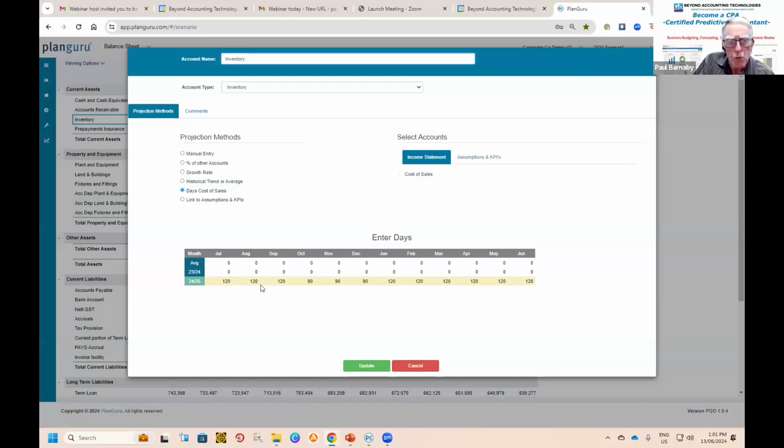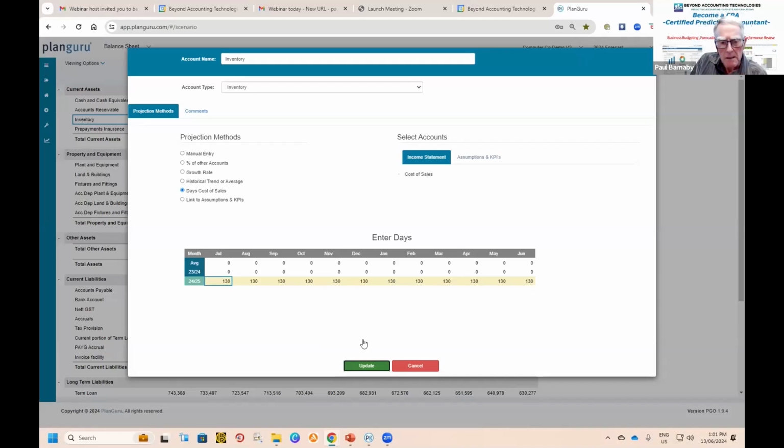And we've got 120 days there, except for the busy period where it drops to 90 days. But you know what would happen if we changed this and we made it say 130 days all the way across the year? Okay, so there we go. We've done that. We've made the update.